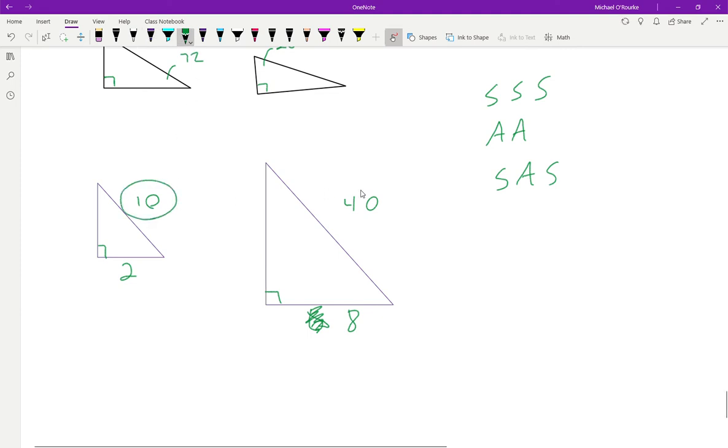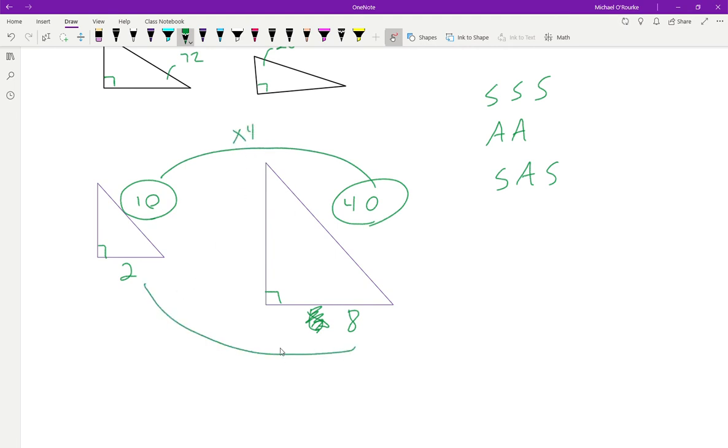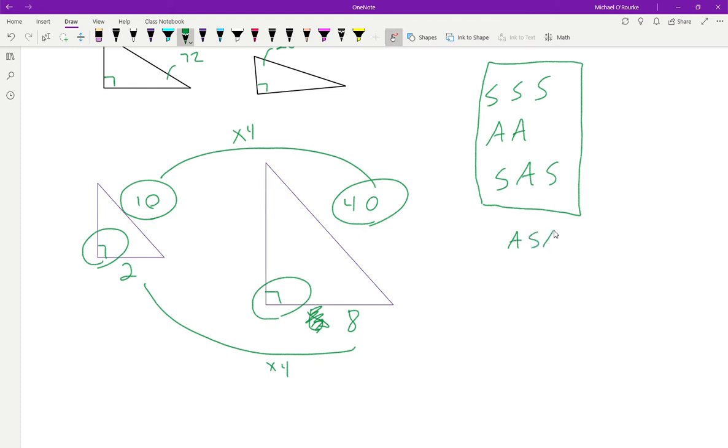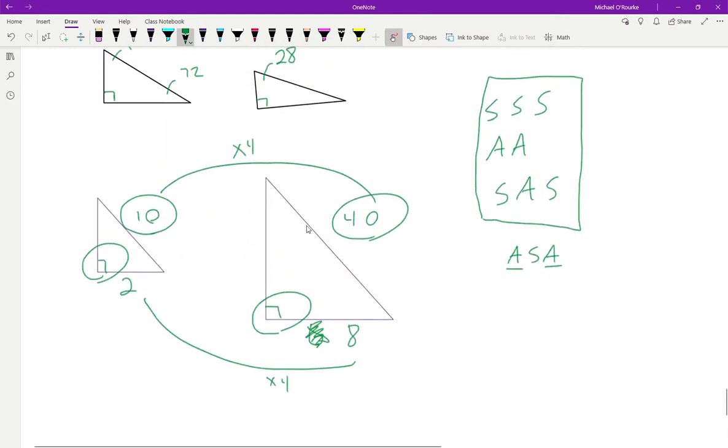Right, we have this side and this side in proportion. They're times 4. This one and this one is times 4. We have this angle and this angle are the same. So these are three things that we can look at. I've seen something that says angle, side, angle, but if you have two angles, they're equal. All right. So with that being said,